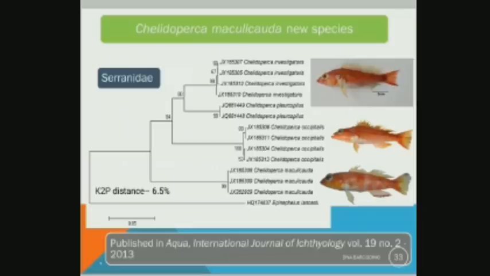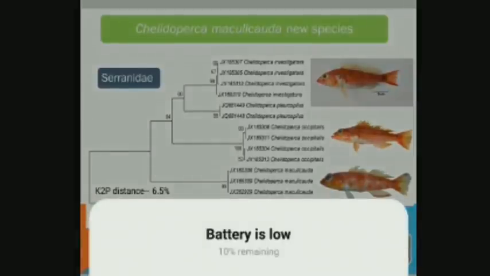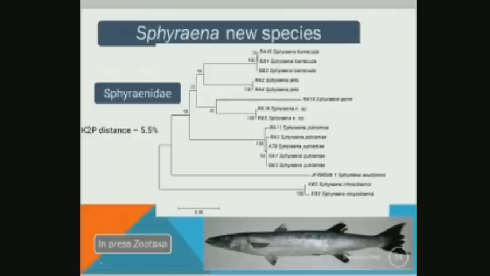Here are some examples I will go through, you can go through them. These are examples of new species in different groups of fish species. This is another species. Here you can see the K2P distance is 5.5%. That is the genetic divergence, or genetic distance, we should call it. There are cutoff values for different organisms. For fish species it is 2%. If it exceeds 2%, it will be considered a different species. But here you can very well see it is more than 5.5% when compared to the nearby or closely related fish species.